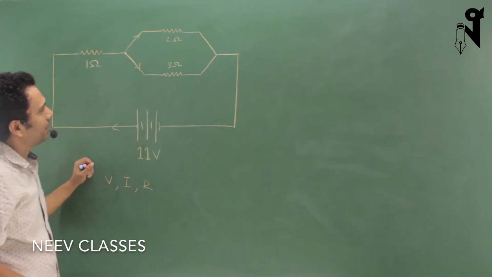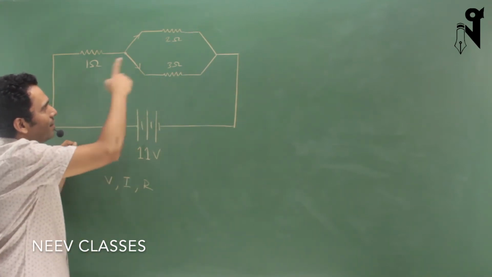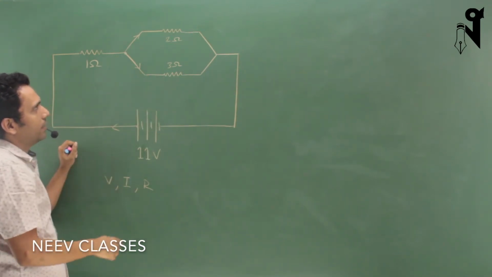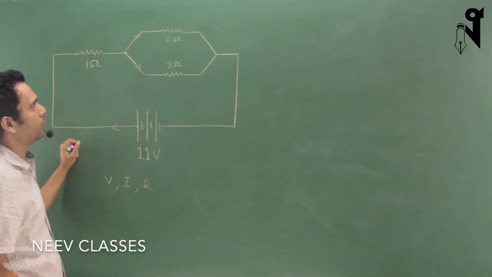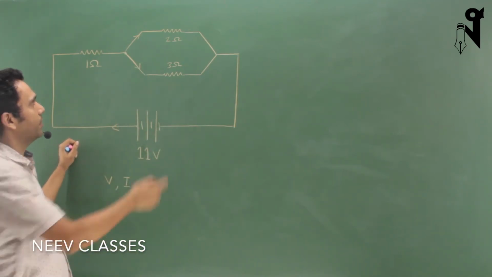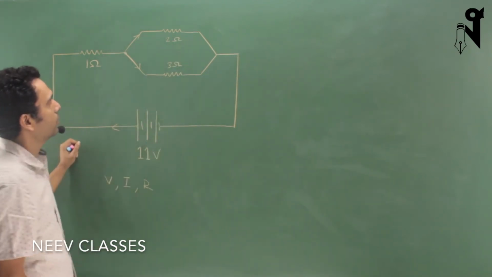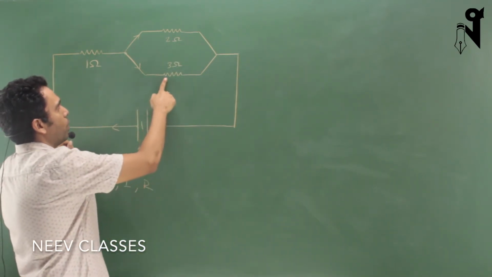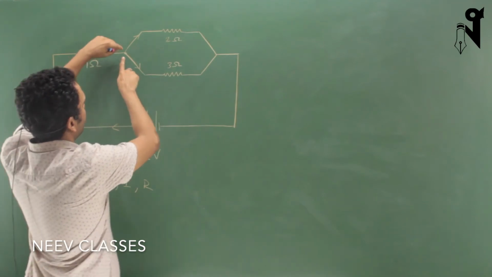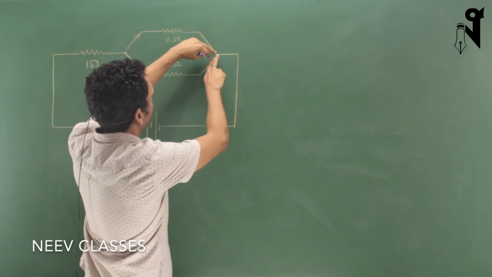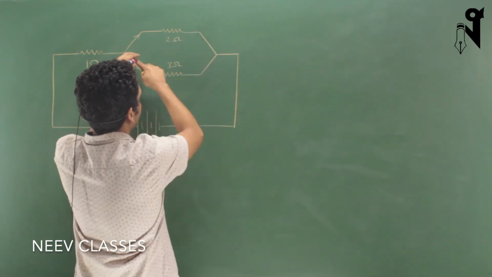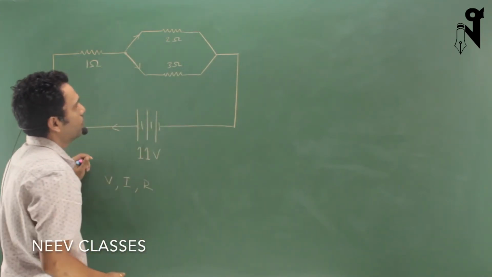So the point is, this circuit cannot be solved unless we draw an equivalent circuit of it, we resolve the resistances. So we'll do that step by step. These two are in parallel for sure. Why are they in parallel? Because the current has split at this point and those two currents are going to join. So this branch is in parallel with that branch for sure,